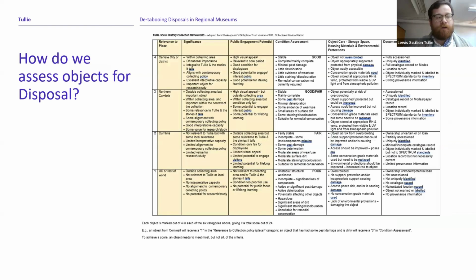So how we have gone about disposing of objects is that my colleagues have created this rubric for our social history and costume collections, where we assess an object based on significance, public engagement potential, condition, object care and documentation/ownership. And within these sections, we score them out of 4, 1 being poor, 4 being high, good, excellent. So, for example, in significance, an object that would be marked as a 4 would be within the collecting area of national importance,